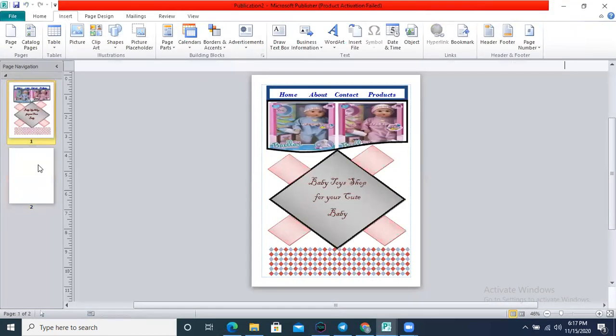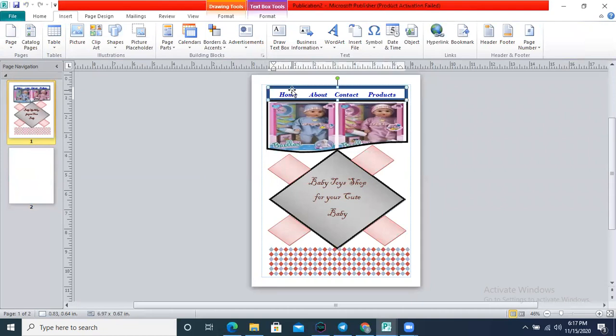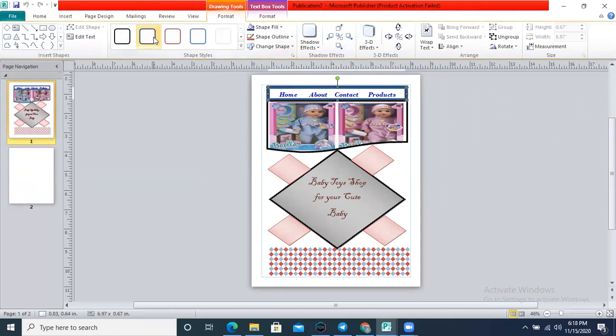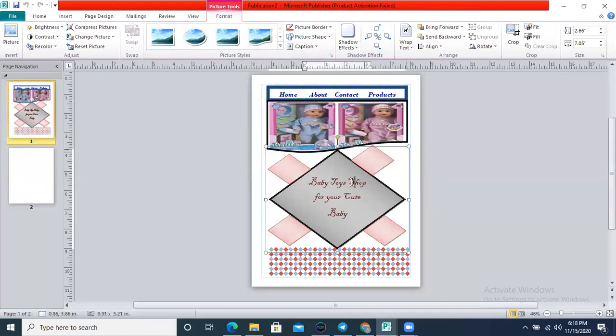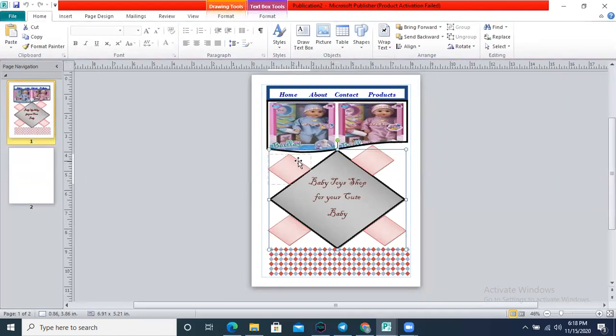This is the page which I have created. Basically, in this particular tab, I have just selected this particular block over here, shapes, and then I have added this particular text. This is the image. In the image, I have used this particular format, and then I have used this particular block over here, and 5 blocks I have copied here. At the end, this is the border, and this is a simple design to display any kind of toy shop you can give. This is basically the example of your home website. The products will be the second thing. The products will come over here. Okay, this is your